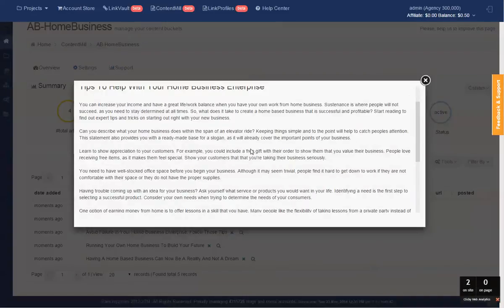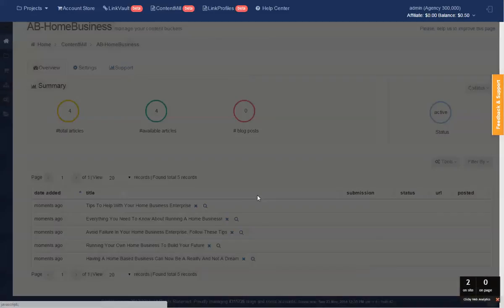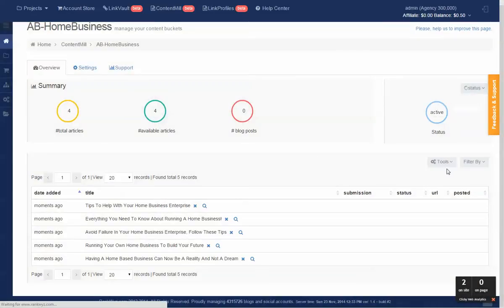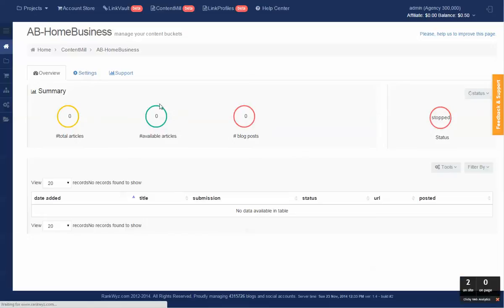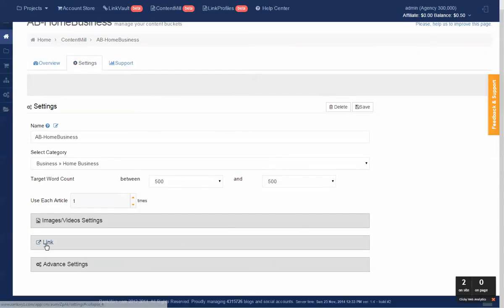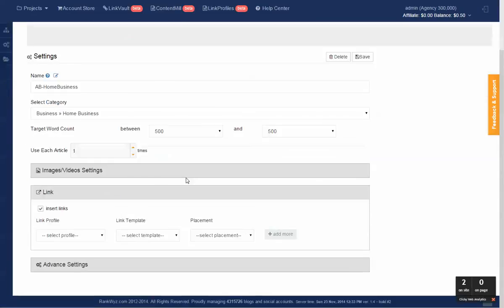And this is how article builder content looks. So now I stop it, and enable